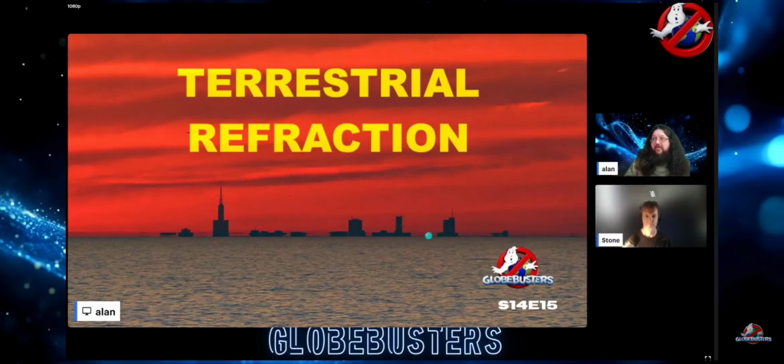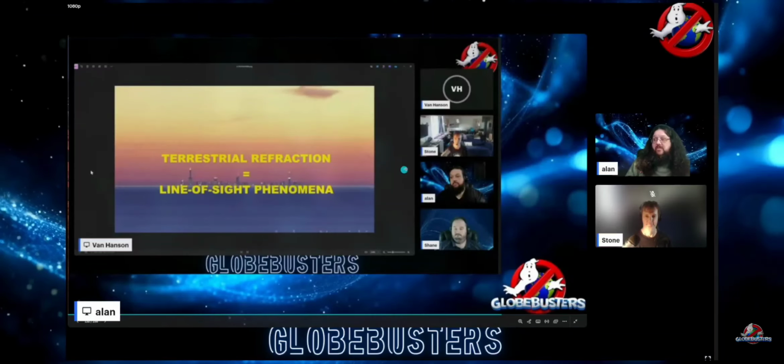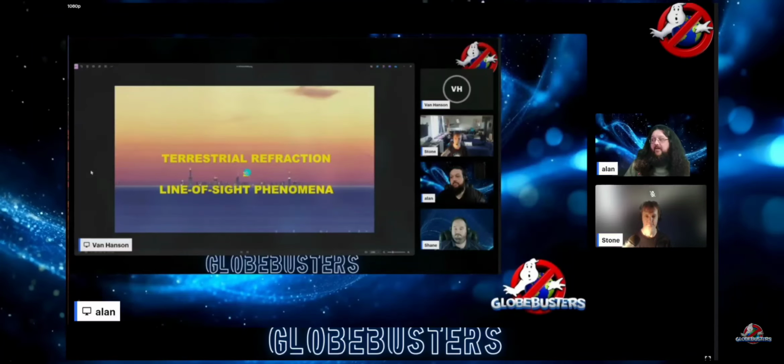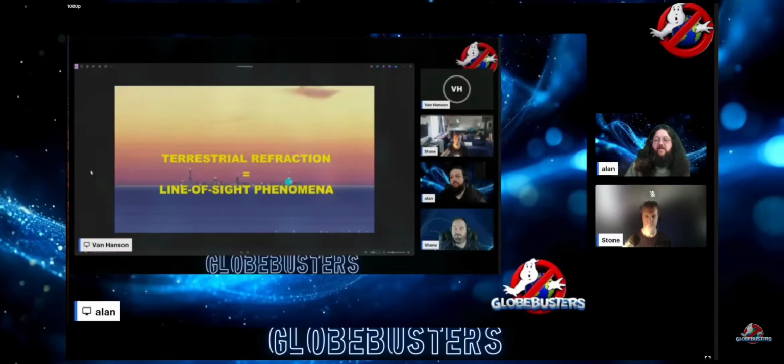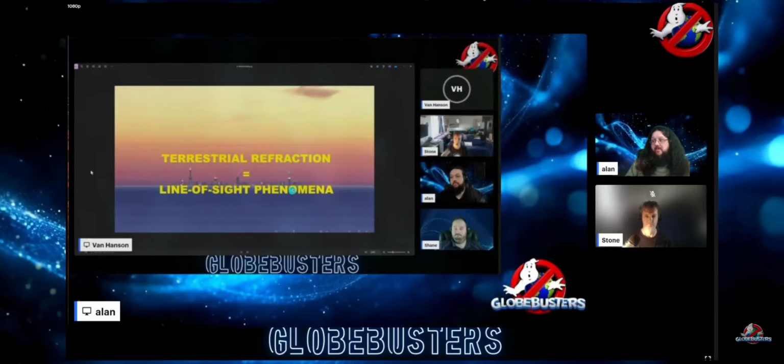Then in episode 15, Bambi came in and told us about terrestrial refraction being a line of sight phenomenon, and he gave the example of the Chicago skyline there. And we went over different aspects of refraction and how the image is formed. Image formation is contingent on a boundary interface, which means you have to have a sharp medium change for the image to be projected on, so that it can appear to have convergent lines for the observer to observe it lifted up, and that also requires geometric alignment.